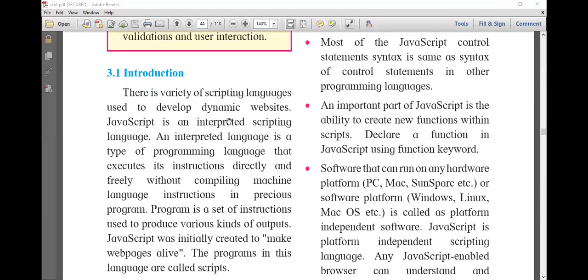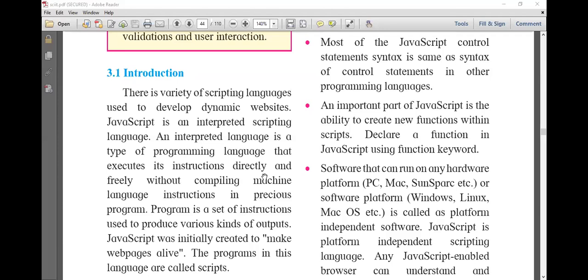It is an interpreted language that executes its instructions directly and freely without compiling them into machine language beforehand. Now what does this part suggest?